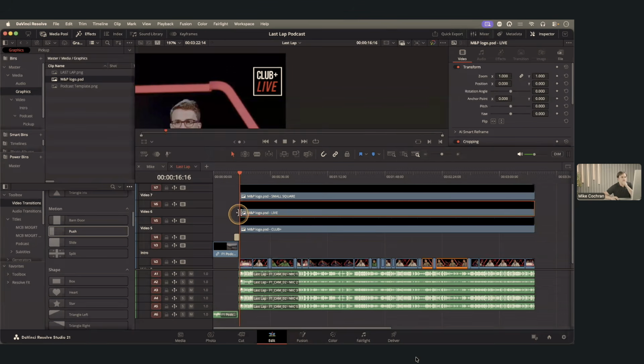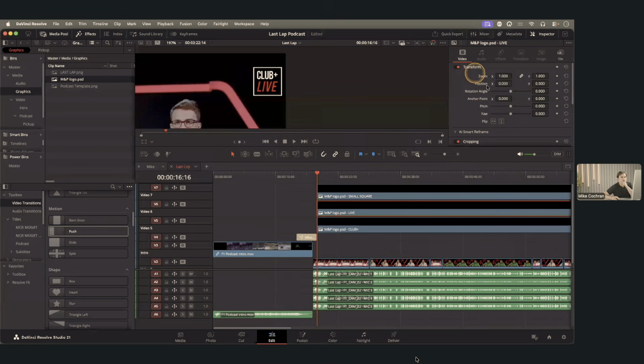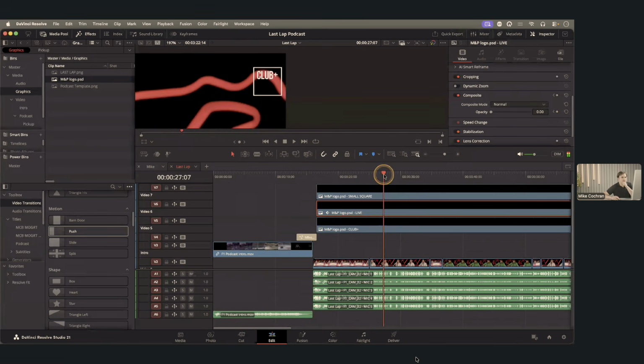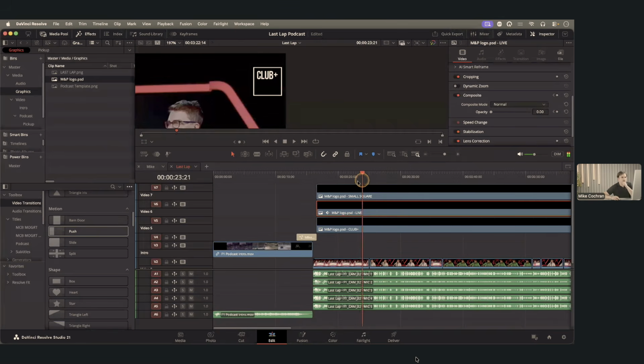So if I was to select, I've got that clip selected, and just go in a little bit closer on here. In the video section, I might go to my opacity here. And what I might do is start down here with that going as 0 opacity, so it's not seeable. And then what you can do is just click on this here, and that means that now this is going to be keyframeable, and I'm going to animate this. And if I make this just a little bit longer over, let's say over here,